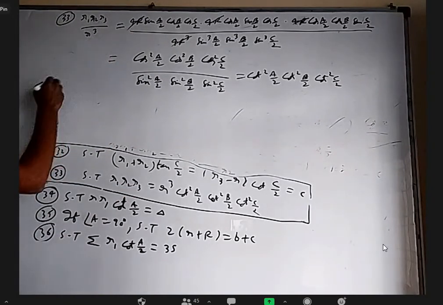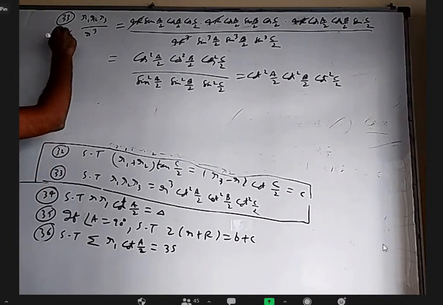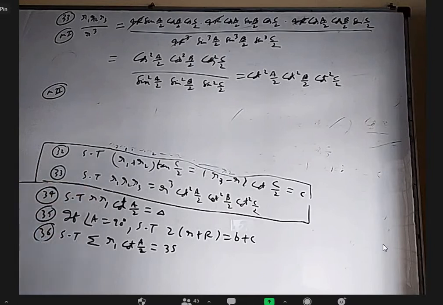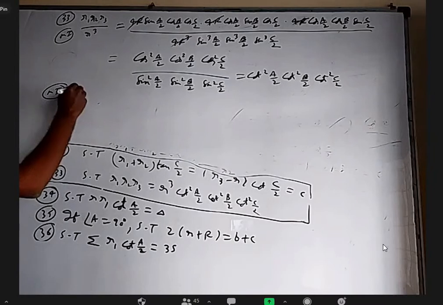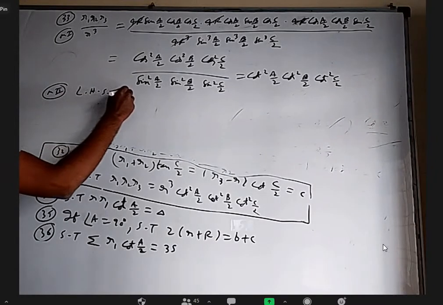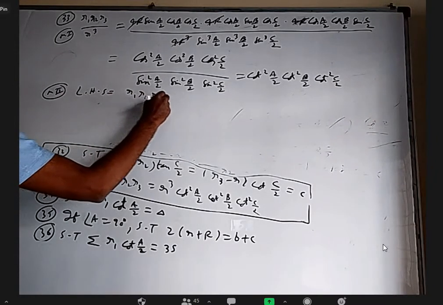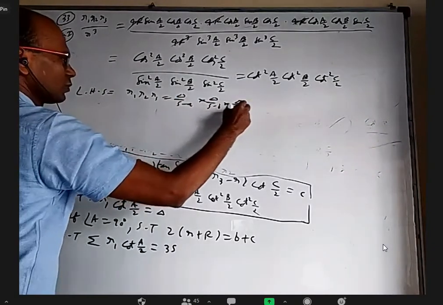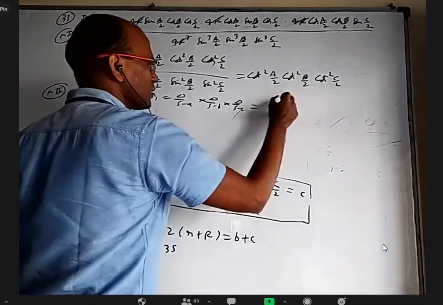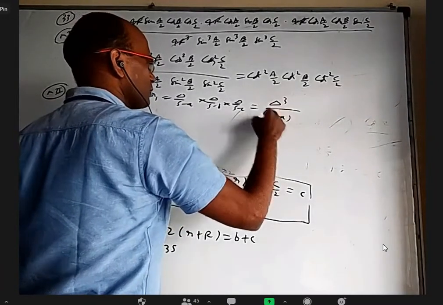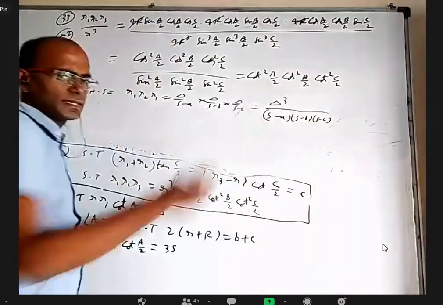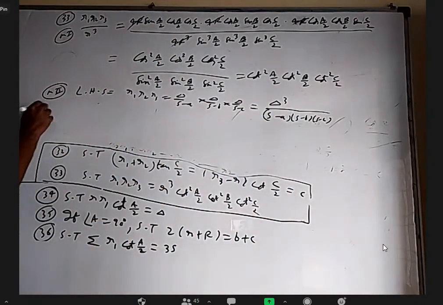This is using 4R and those formulas. Somebody can use delta by S minus A, those formulas also. If we take LHS, R1, R2, R3, it is delta by S minus A into delta by S minus B into delta by S minus C, which is delta cube by S minus A into S minus B into S minus C. If required, I can multiply the S and do something about it. Let us say RHS.